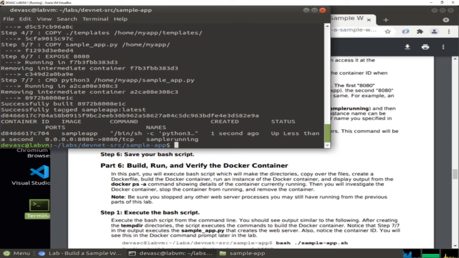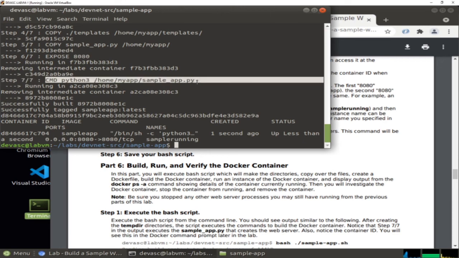Okay, so as you can see here now, this step is executed correctly, and here we have the port,